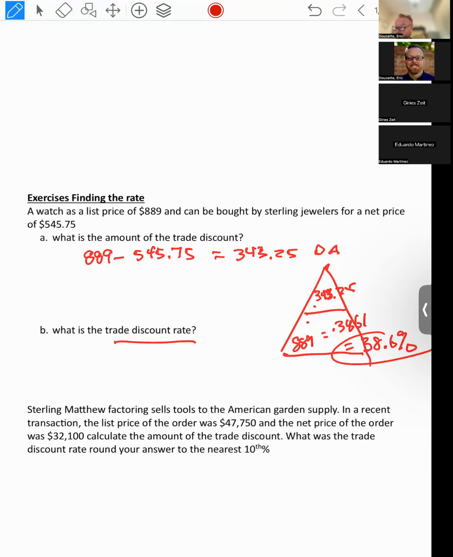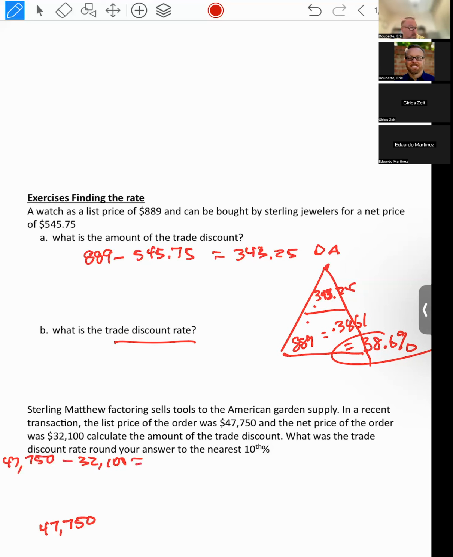There's another thing I could throw in here, but I'm not going to do it. So, all right, next question. Matthew Sterling factoring cell tools to the American Garden Supply. In a recent transaction, the list price of the order was $47,750. And the net price of the order was $32,100. So first thing I'm going to do here is minus, find the difference